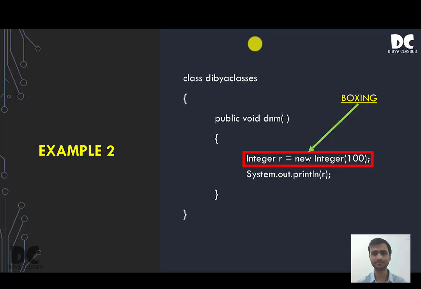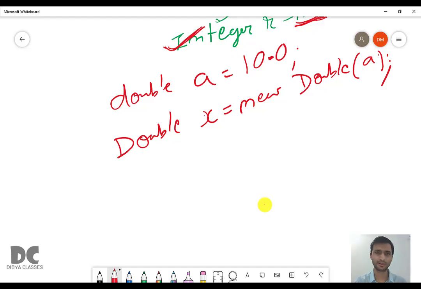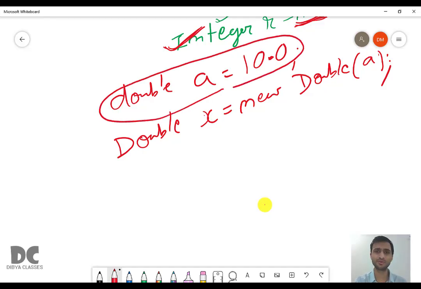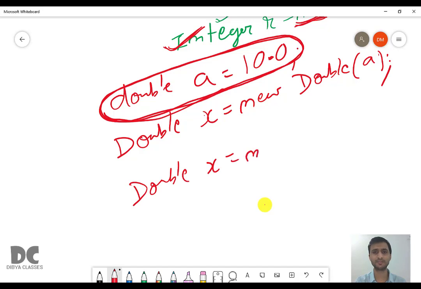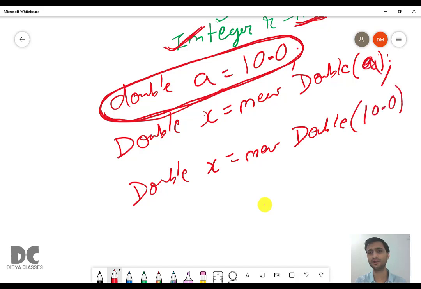Another example, here we are not storing the value in a variable, but directly keeping the value inside r. Previously you stored the value in the variable A, but now you will do it directly. You will not take a variable, so you will just write new Double, and since there is no variable A, we will directly write the value 10.0.